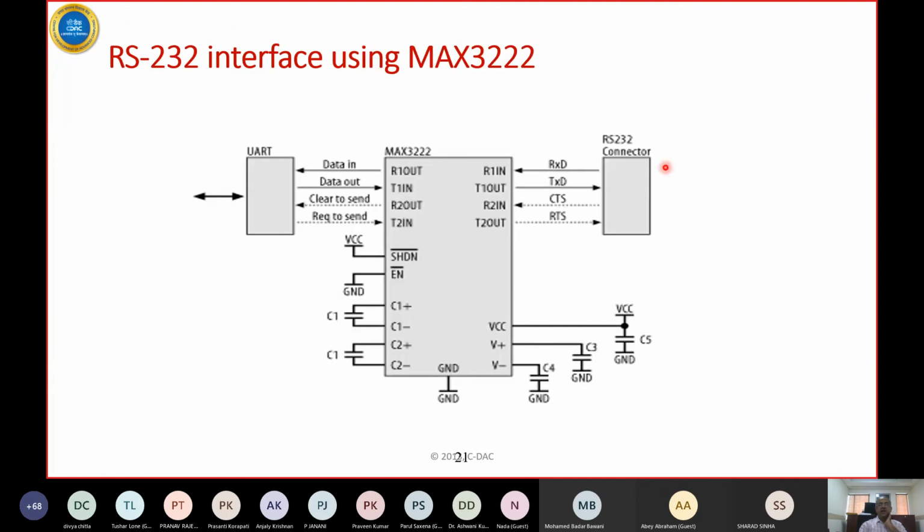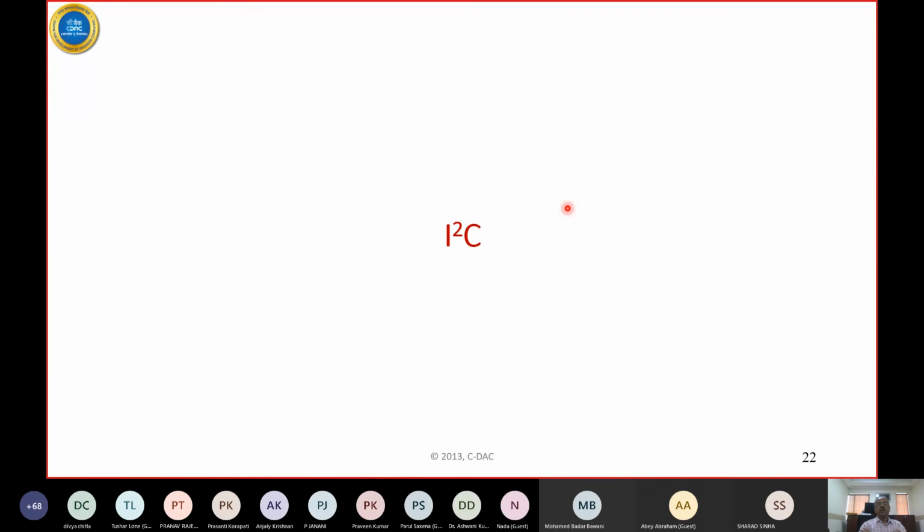So typically you will have a connector which I showed you. In between there will be a chip called MAX232, which will convert the levels from 5 volt to 12 volt. That is how a simple UART can help us in transmitting and receiving data at rates like 9600, 19.2K, or if the controllers are good, it can even go up to 115 kilobits per second. So that was the one interface, that is UART.